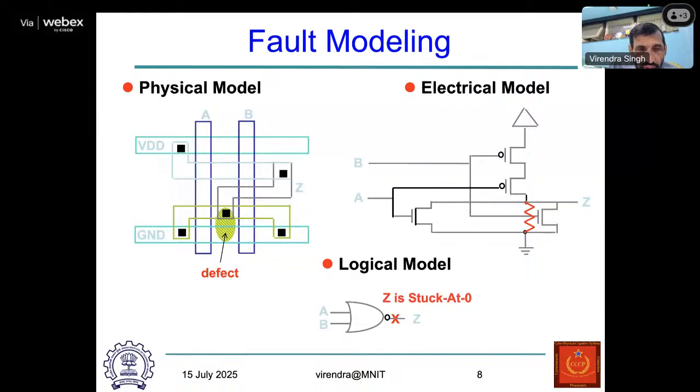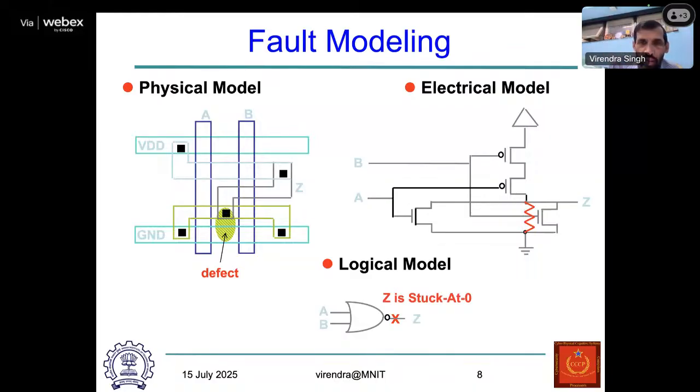Around that time there were only a few transistors we were able to implement on the chip, and therefore out of many transistors, if something goes wrong, probably maybe one node might be upset and all other things may be correct, and then the single stuck-at fault model was